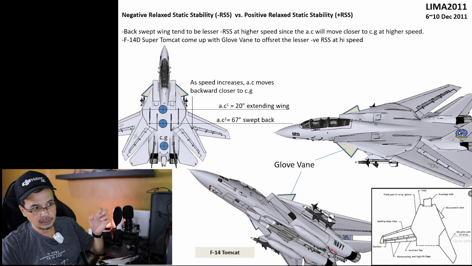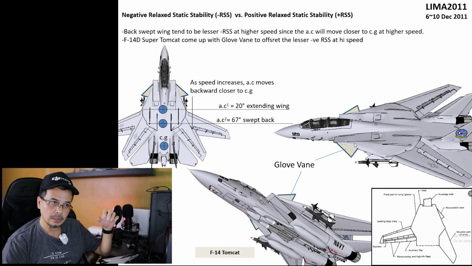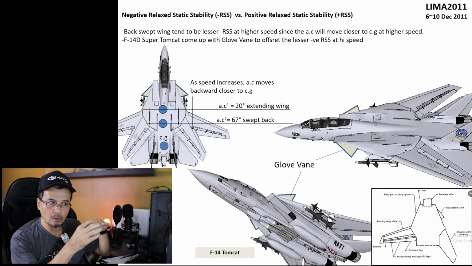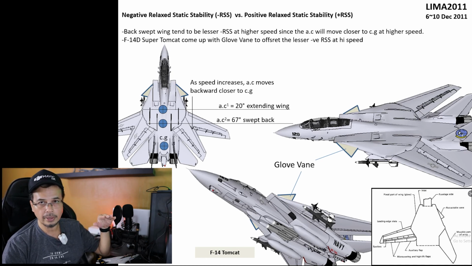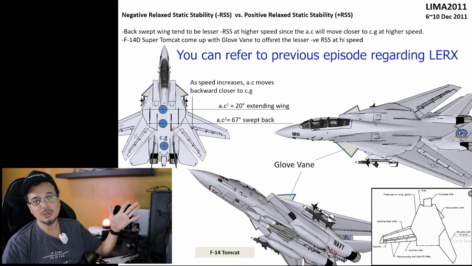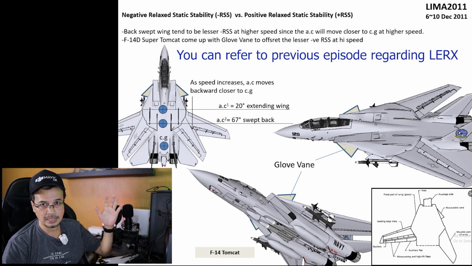This glove vane will create an additional lift kat depan, and as well will create the unstable condition, especially at high angle of attack, because it can create a vortex flow over this glove vane. So it is more or less macam LEX lah, tapi it is not as efficient as the LEX,